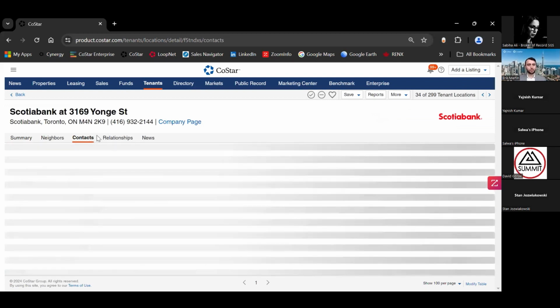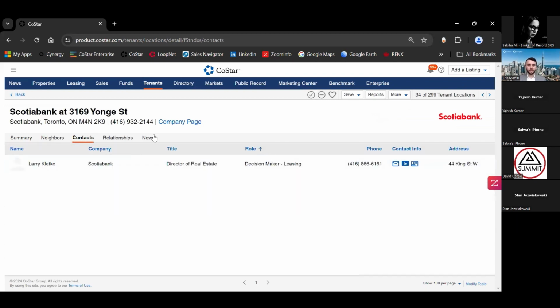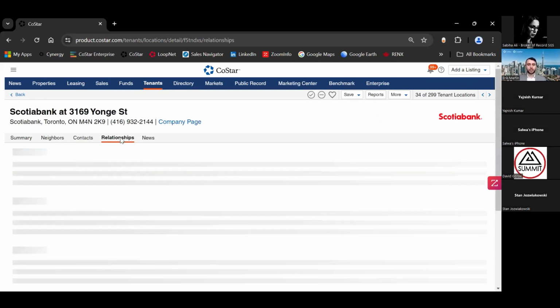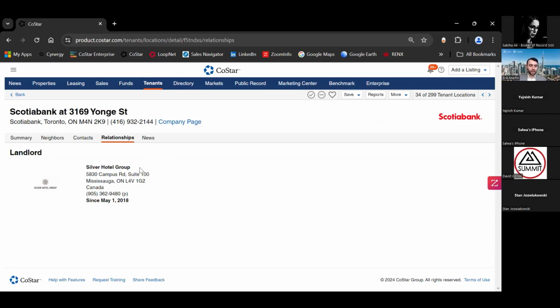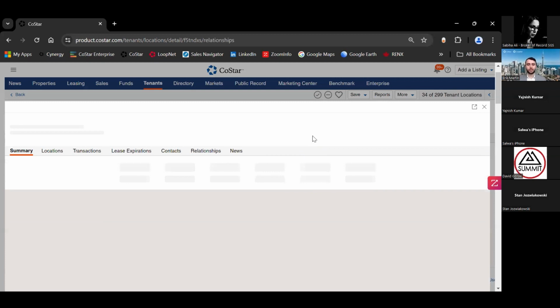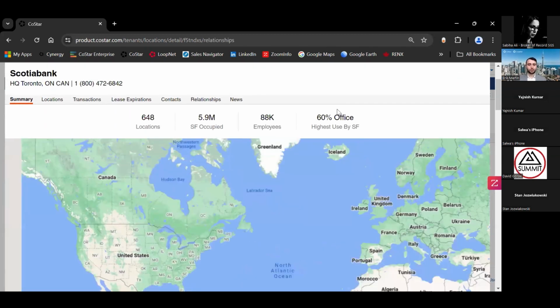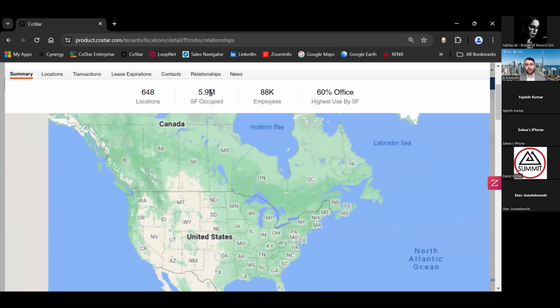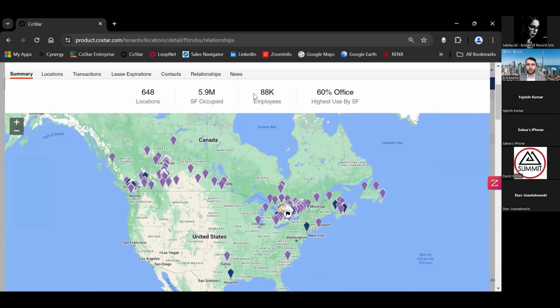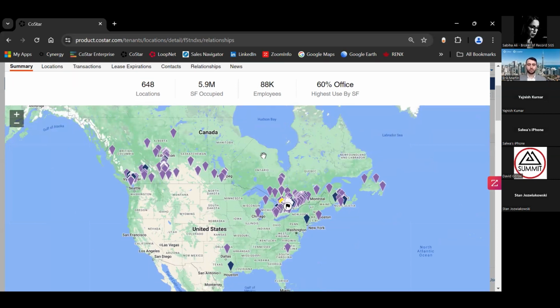Contacts. So again, this will be who's our Scotia contact. There's Larry. Relationships. Who's the landlord? Okay, so interesting. Silver Hotel Group. They own this property. Let's go to the company page now. Let's look at Scotiabank as a whole. 648 locations, 5.9 million square feet, 88,000 employees. There you see there's locations. Come down